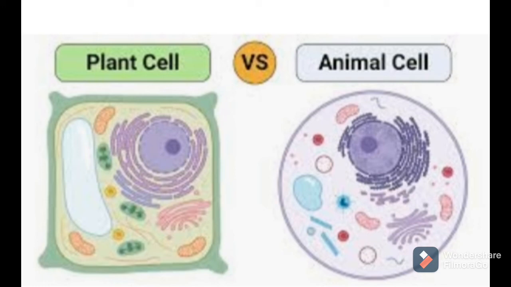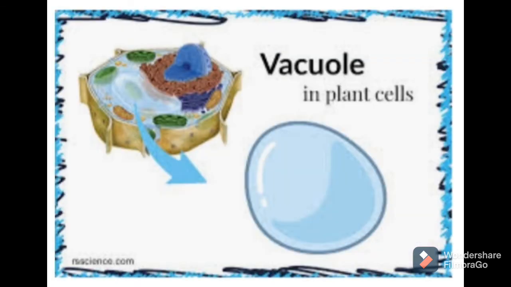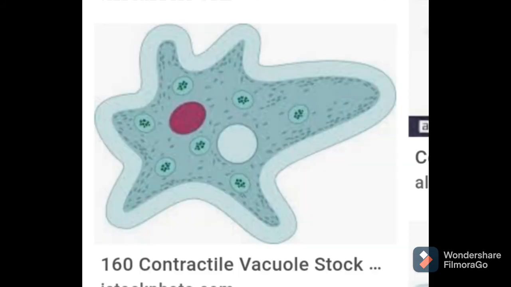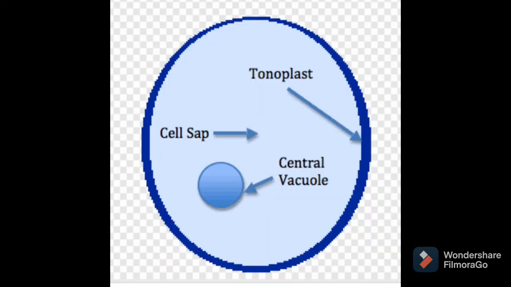So what happens in plant cells? As the plant cell matures, the small vacuoles come together and fuse to form a single, large central vacuole. About 50 to 52% of the area of the plant cell is covered by this vacuole. In a plant vacuole, the outermost membrane is called the tonoplast. Tonoplast is the word for the outer membrane of the vacuole in plants. In unicellular organisms, special vacuoles are present which are called contractile vacuoles. These vacuoles are filled with fluid called cell sap, and the outer membrane of the vacuole is a selectively permeable membrane.